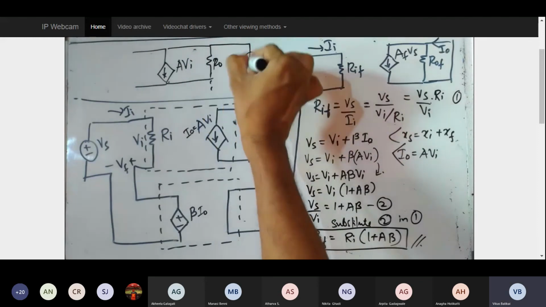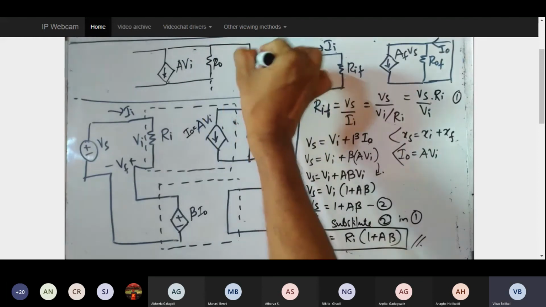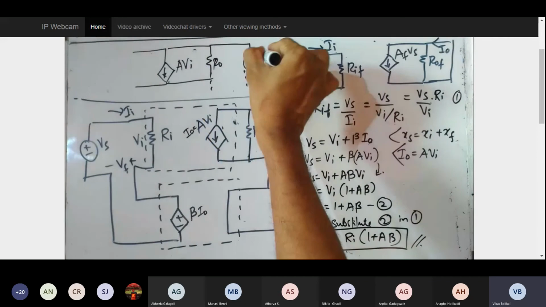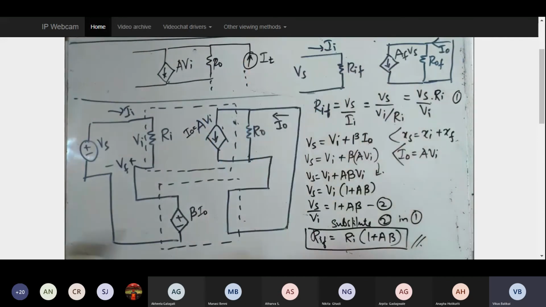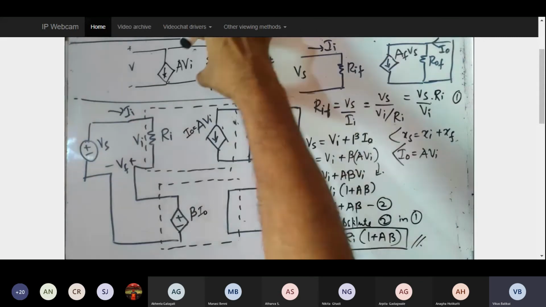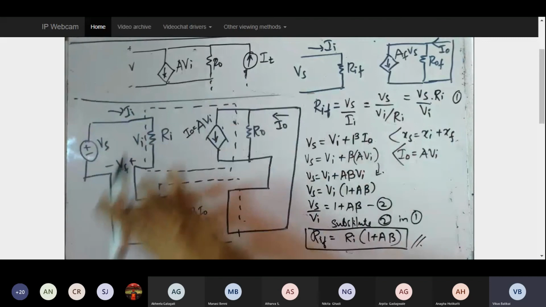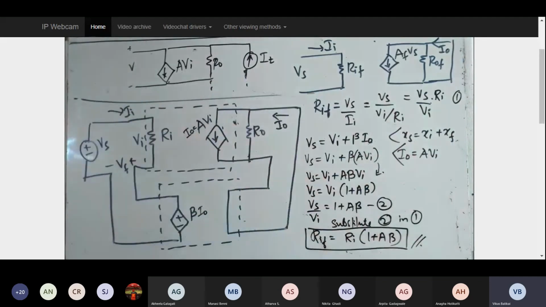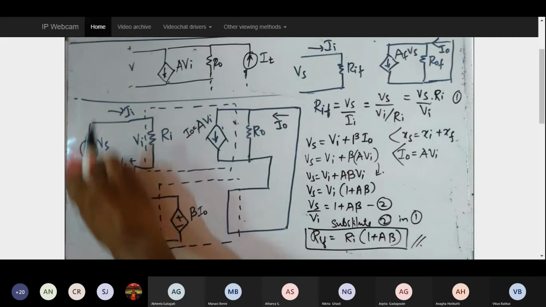So in order to find the output equivalent resistance with feedback, what I do is remove the input source and apply a test voltage at the output side. Since at the output side I am dealing with current, my test source will be a test current IT. In my previous derivation I applied a test voltage. Now here I am applying a test current. So look over here at the output side, the same thing I have written over here. So the Vs will be eliminated. So just remove this so that I can do this derivation over here.